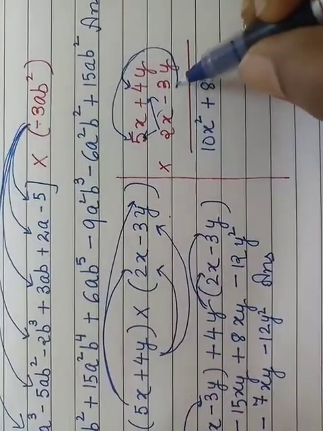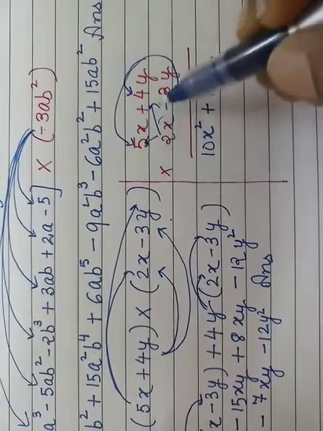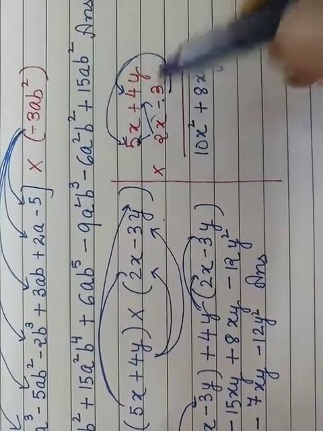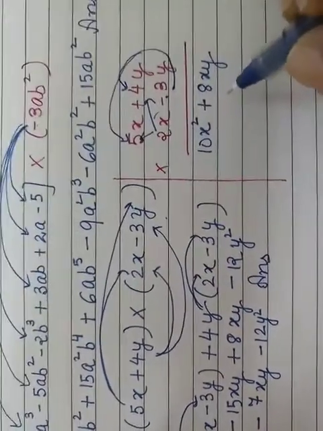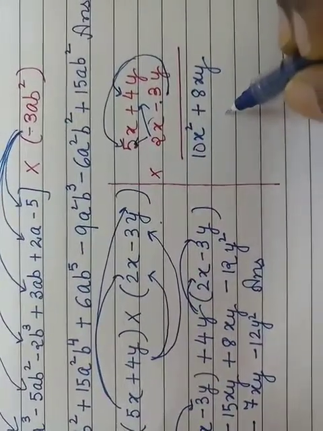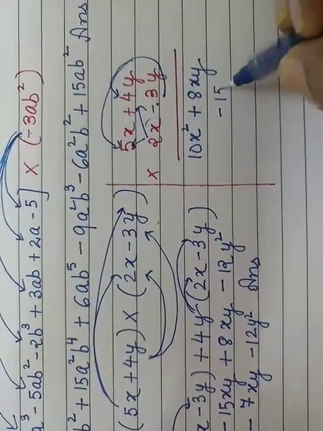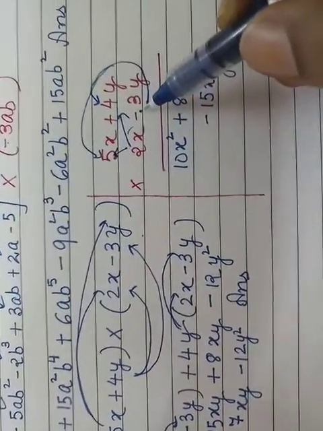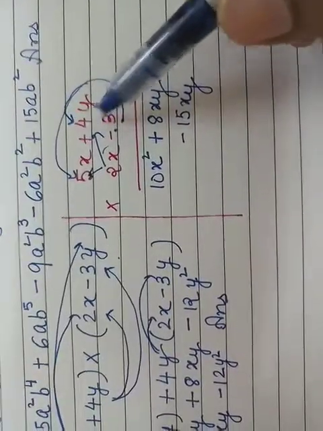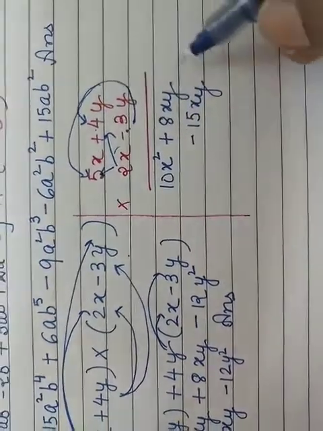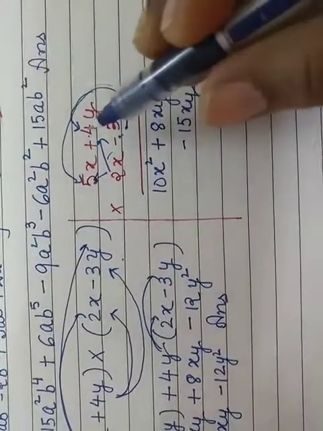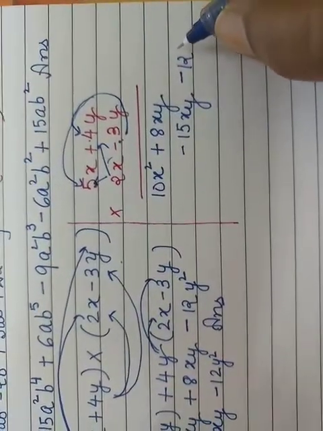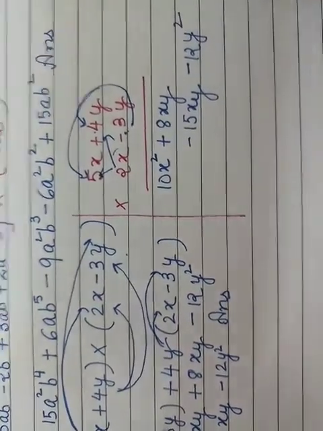Now when we multiply minus 3y with 5x, this is plus and this is minus. Minus 5 3s is 15 and xy, so we write it under xy only. That becomes minus 15xy. Now this is minus, this is plus. Plus minus will give you minus. 4 3s is 12, so I have written 12. y into y will give you y square.